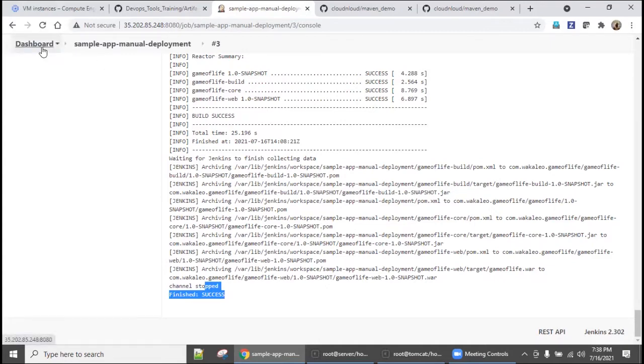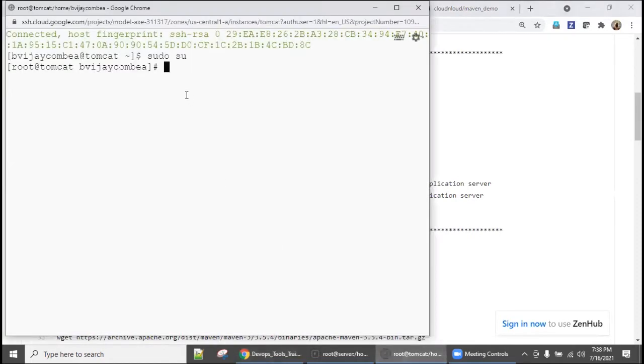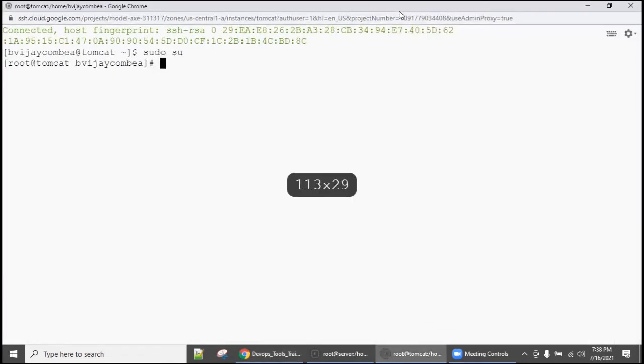Now what we are doing is we are going back to the steps and first installing the prerequisite software. What is the machine? This is the Tomcat machine. I'm going to first install all these prerequisite packages. Let's maximize it.